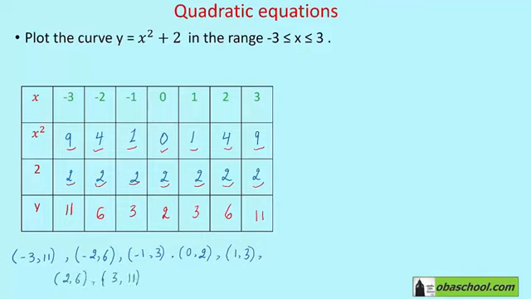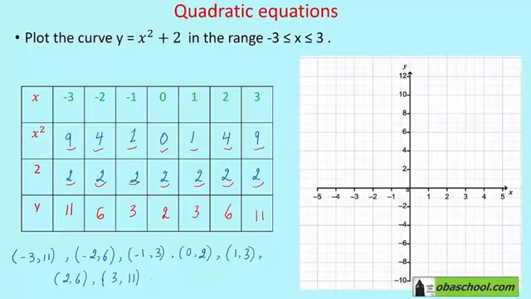Now that we have these sets of points, we can go ahead and plot them on this graph. Let's start with the first point. X is equal to minus 3 and y is equal to 11. So let's go to minus 3 and then we go up to 11. For the second point, minus 2 and 6, we go from minus 2 to 6, and then minus 1 and